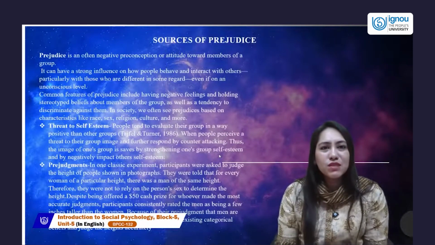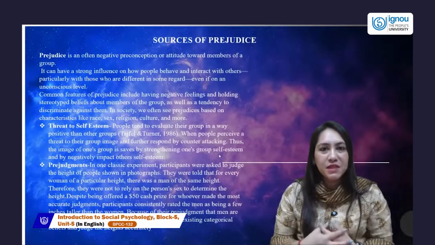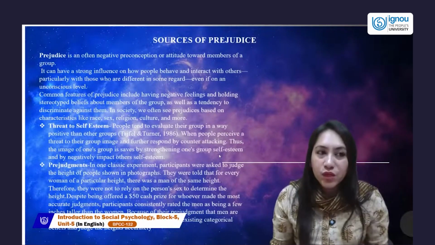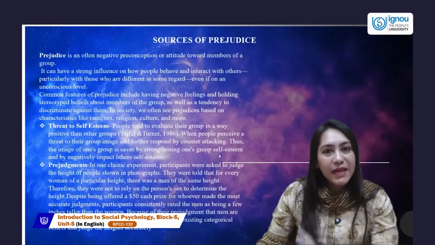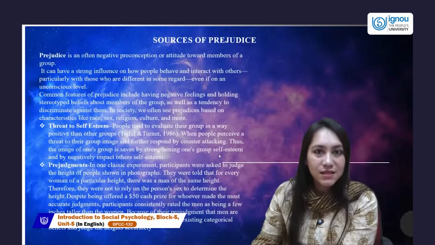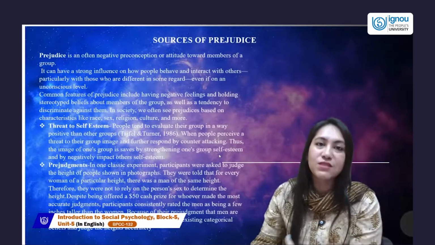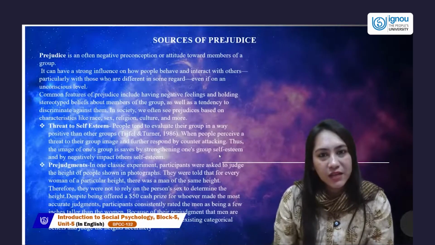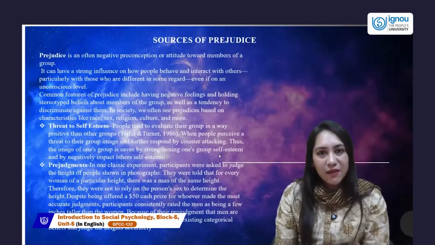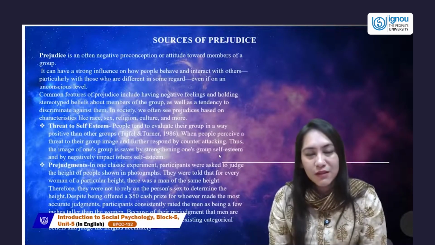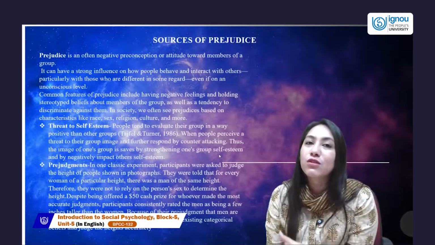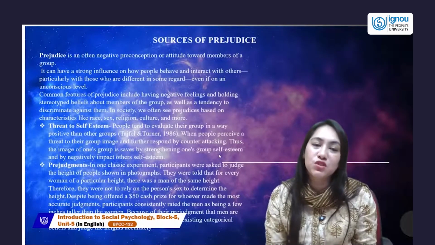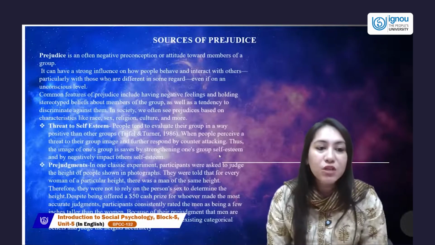So this is the simplest source of learning prejudice. We learn it because we want to save ourselves, our group, our community. And what do we do for that? We put down the others, thinking of the out group and in group: that outer group is a threat to our self-esteem and our image. So that is the first way that we end up learning. It's one of the simplest ways that everyone learns prejudice. To save ourselves, we put a wrongdoing on others. This is one of the easiest, biggest and most common sources of prejudice in our society and community. Then coming to prejudgments.